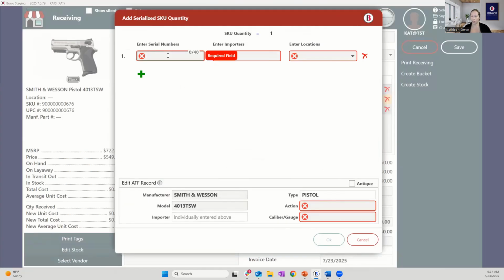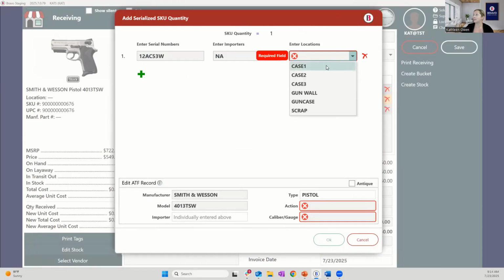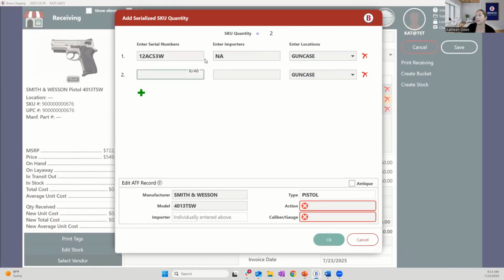So at this point, we are going to go ahead and enter our serial number, our importer, which we're just going to put as NA right now, and we are going to go ahead and lock in our location on the sales floor for this item. So every time we have an item that we're bringing in, we would just click this little plus button and it's going to add to our quantity up top for this particular SKU. So in this case, we brought in 2 of these pistols,